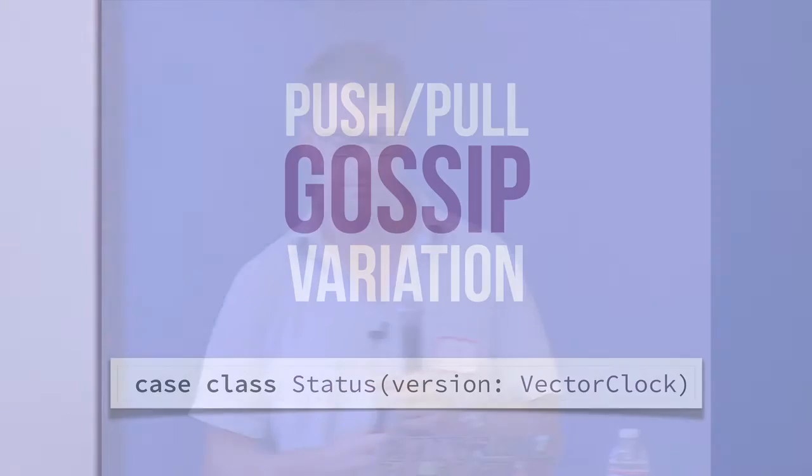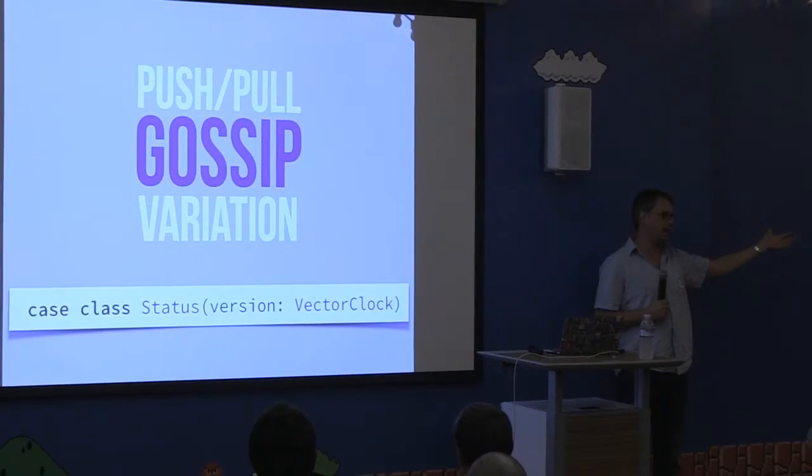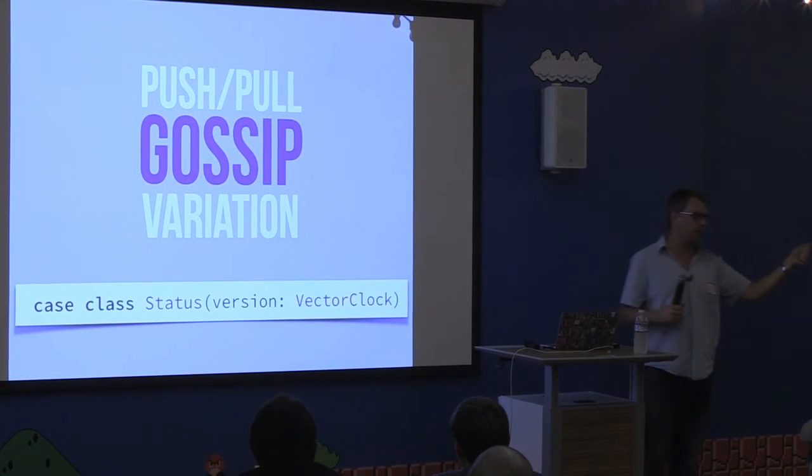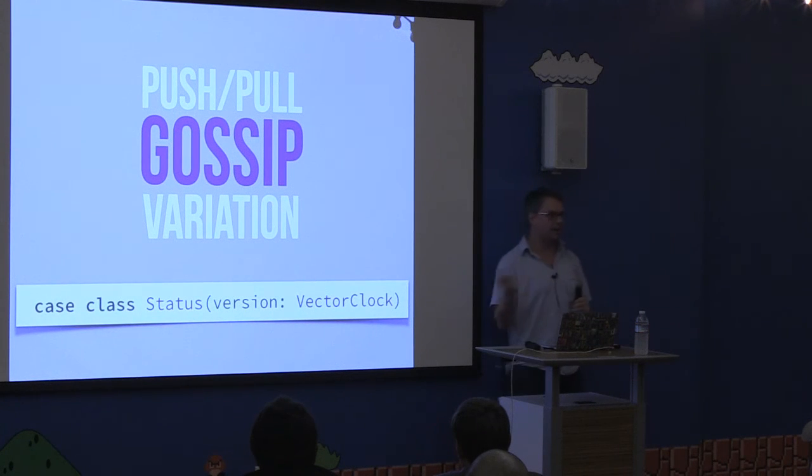Another interesting optimization we do is push-pull. That means that if we know that we have cluster convergence, there's really no reason to send all this state around. Then we just send the version around, which is extremely little data. And the default case is usually that the cluster is convergent. It's not convergent just when nodes leave and join or become unreachable. So this means that in the default case, we actually don't send much data around at all.